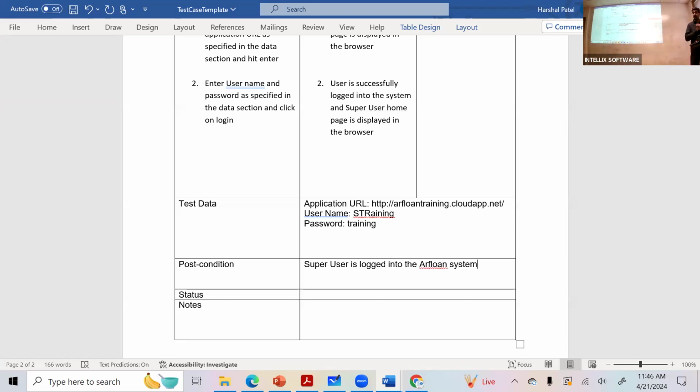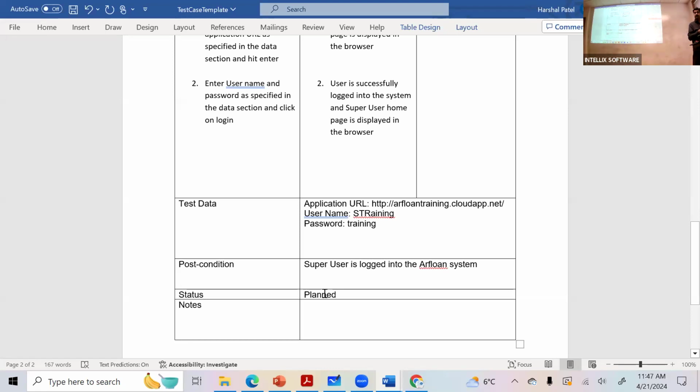So this is true now, because before I ran the use case, I was not logged in. Now I'm logged in. Now I can say this is planned, not executed, because I haven't tested anything. All I've written is the steps.